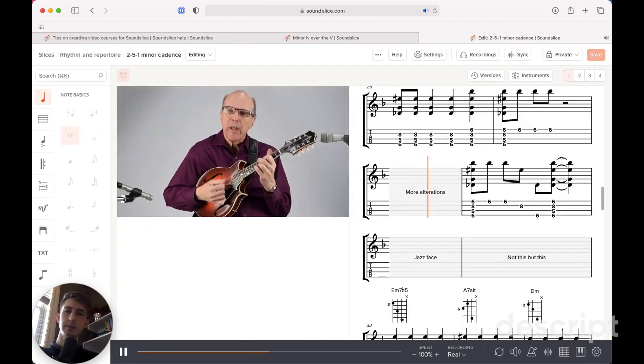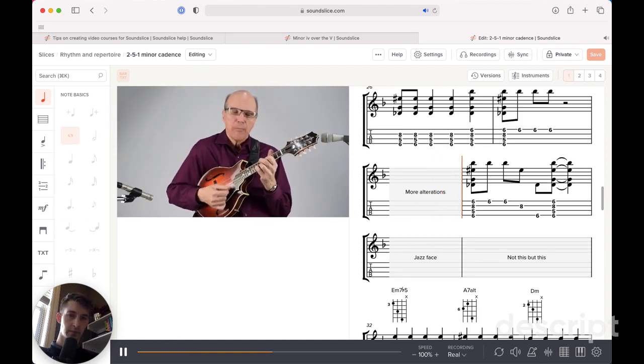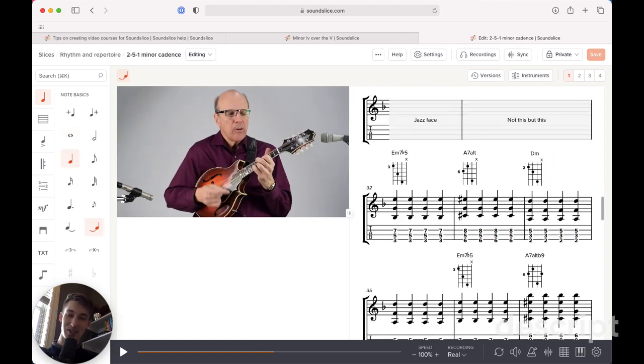If it's okay to play a sharp 5 or a flat 5, it's okay to add another alteration to that. And don't forget our rule. So those notes there weren't necessarily in time,